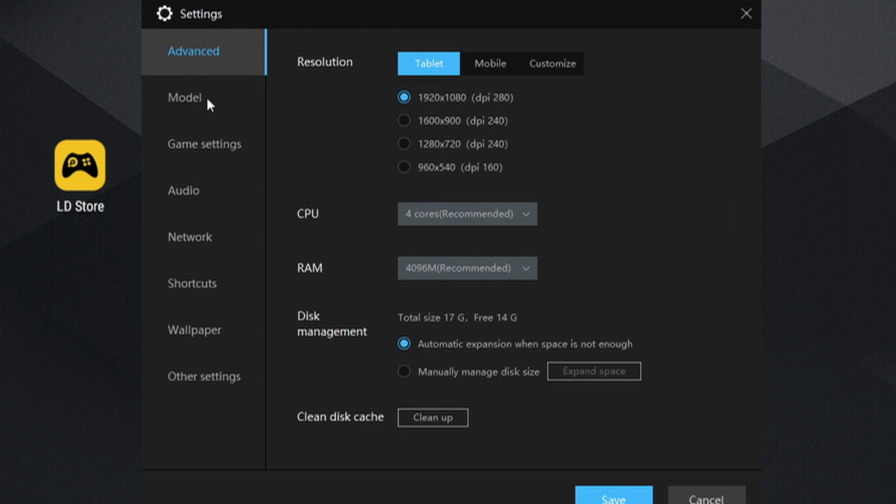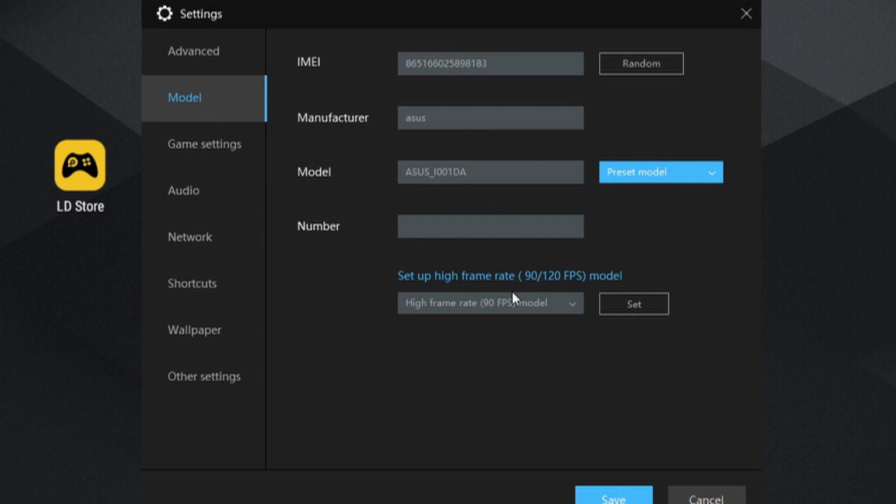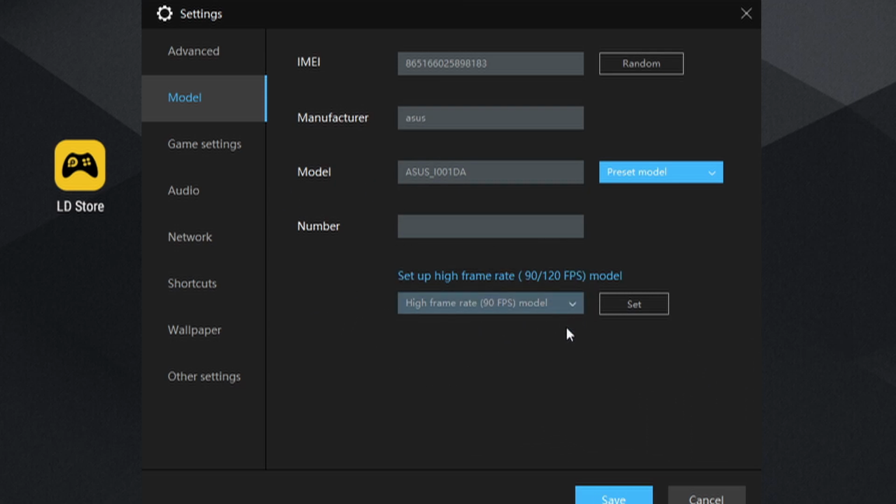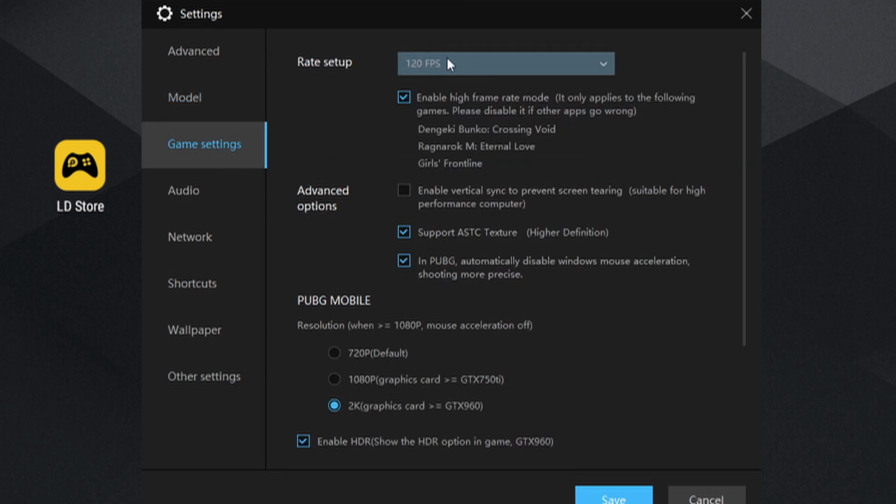And then we want to go into the model section here, and on the bottom, choose 90 FPS or 120 FPS model. For some reason, 120 doesn't work for me. I can only get 90 FPS working. If you can figure out how to get 120 working, please let me know in the comments so I can try it out myself. After that, click set, and then go to game settings,